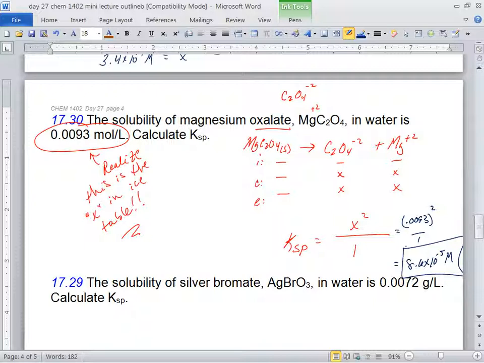So I got about 8.6 times 10 to the negative 5. So if you got it, try the next one. Yeah, because they wanted to know what the KSP is. Oh, there's no units on KSP. What do I have a big M there for? Just habit, trying to get solubility all the time. That doesn't make any sense. Equilibrium constants don't have units. That's an analytical chemistry problem, question.